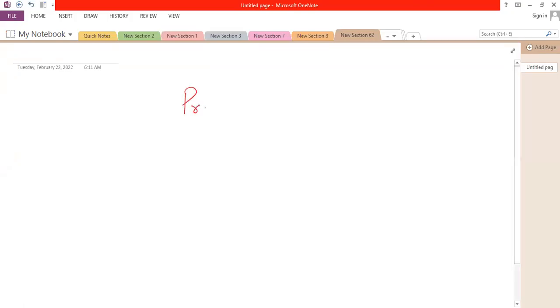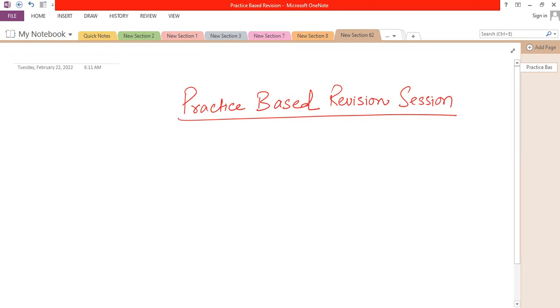It's a practice-based revision session. So on the basis of past papers, I will discuss the relevant area first, and then I'll discuss the question. And also we'll discuss the examination techniques, how to attempt section A type question, how to attempt section B